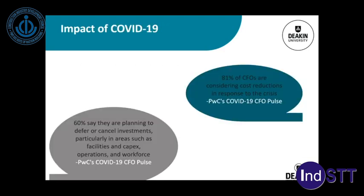So what did COVID-19 do to the construction industry? It introduced a major shock. The current activities got disrupted. At the same time, with reduced confidence, jobs were getting cancelled, and investments were being deferred. 81% of the CFOs said that they're considering cost reductions in response to the crisis,